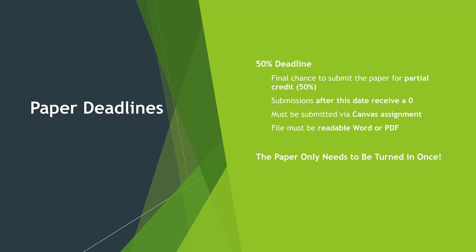So if you go to the gradebook on Canvas, there's a category for paper. That's your paper grade. And then there are 3 assignments under that, the +5, emergency, and 50%. And the best score out of those 3 counts, which means you only have to do the paper once and only turn it in once. It's set up to keep the best one of the 3. And the typical scenario is a person does a paper, turns it in once, and that's that. What happens if a person turns in the paper multiple times, 3 times? Well, they would get the best score out of those 3, for whatever reason that might occur.